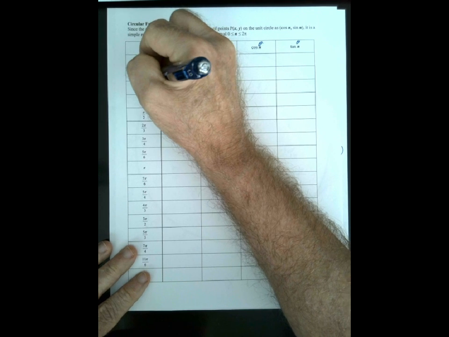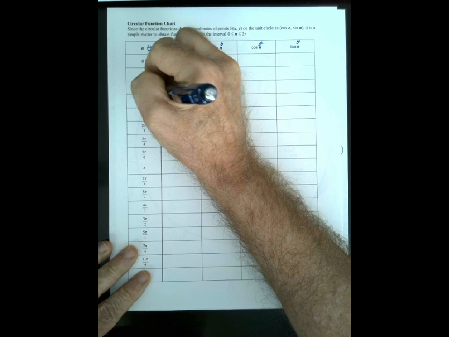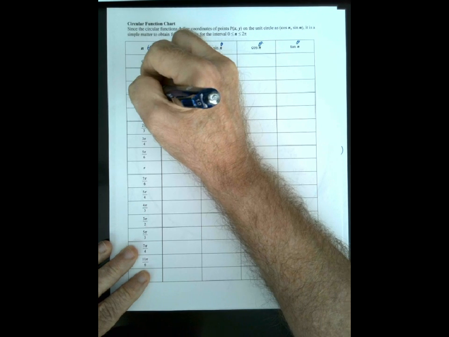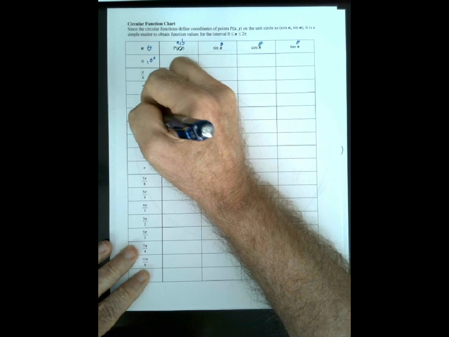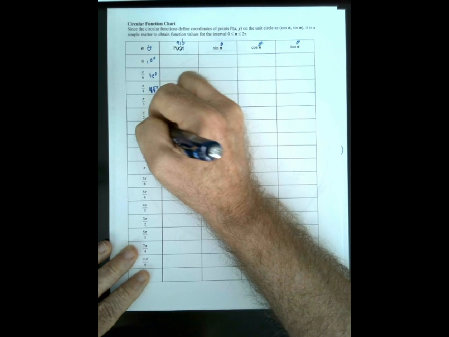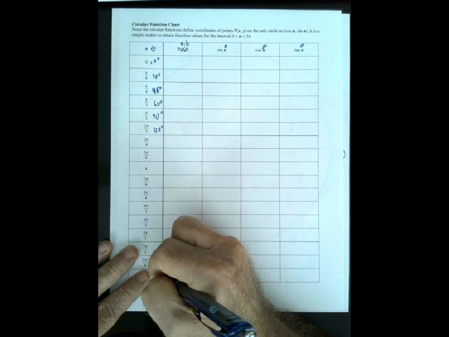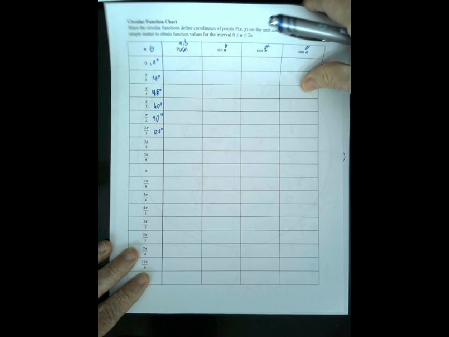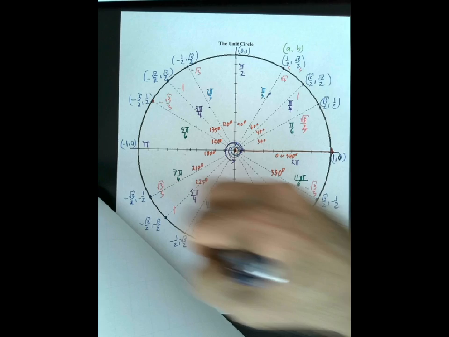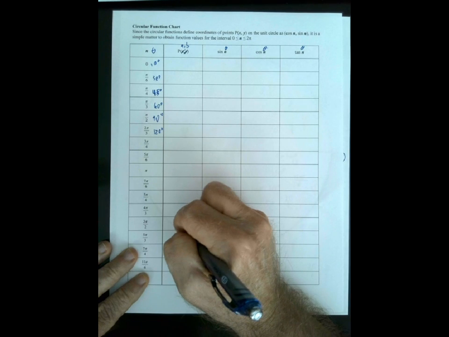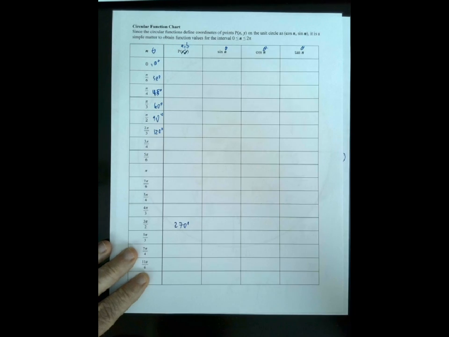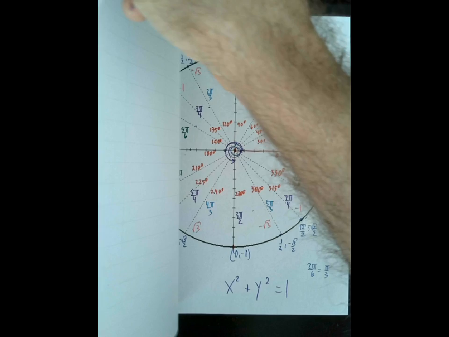Okay, this is 30, 45, 60. Pi over 2, that was 90. This is 120. So as we go down the column here, you understand, we're going around the circle like this. You should see that this one is 270, right? And I'll just give you a random one down here. This one is 300,